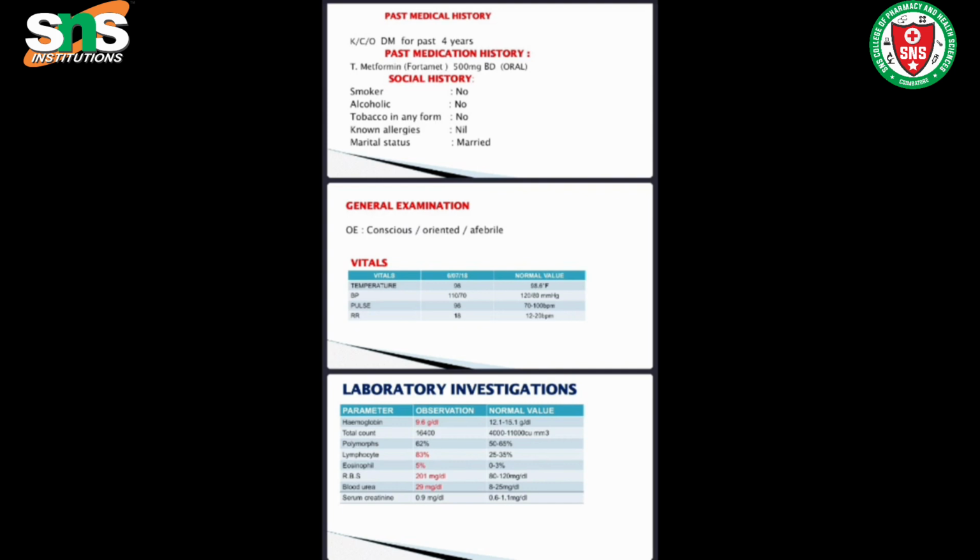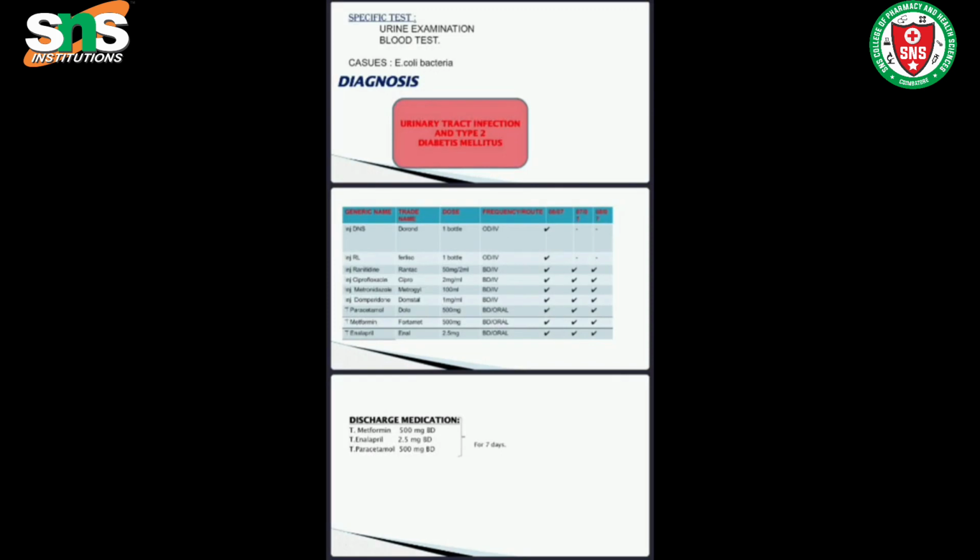The reasons for this admission to hospital are all this, as already discussed. She had oliguria and all other symptoms for the past 4 days, and the laboratory investigation has shown a lower level of hemoglobin and other parameters as displayed here. So the tests were done for various